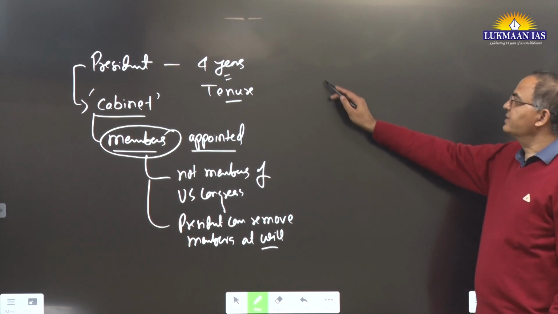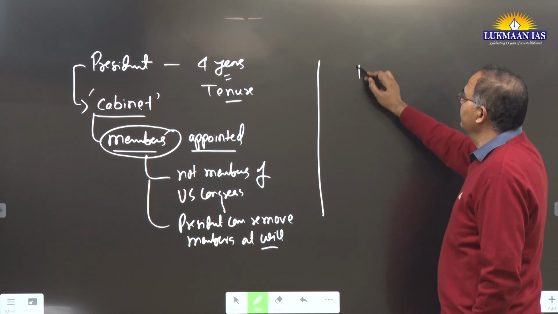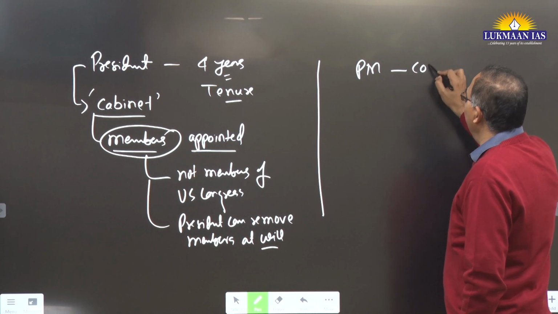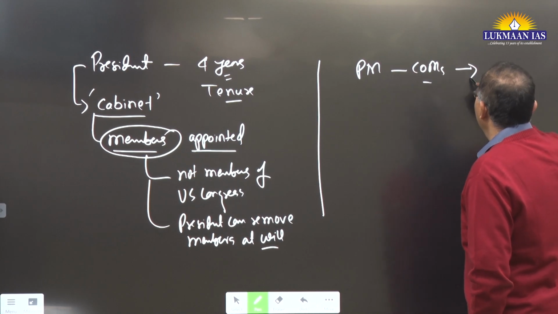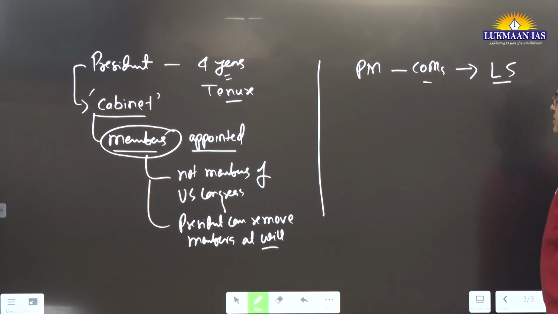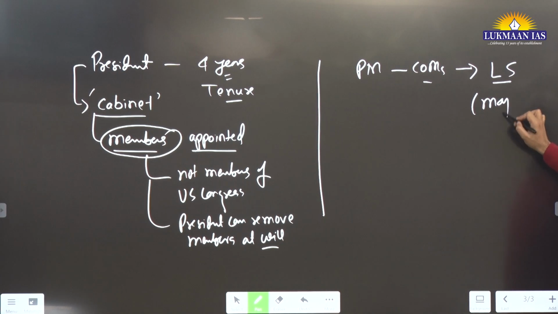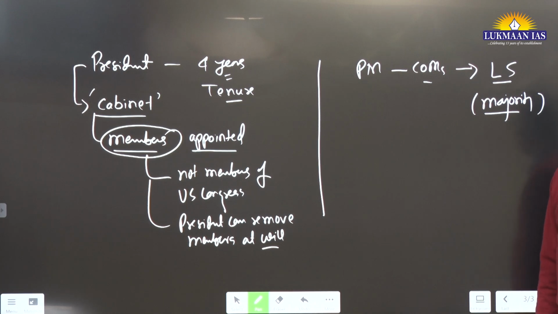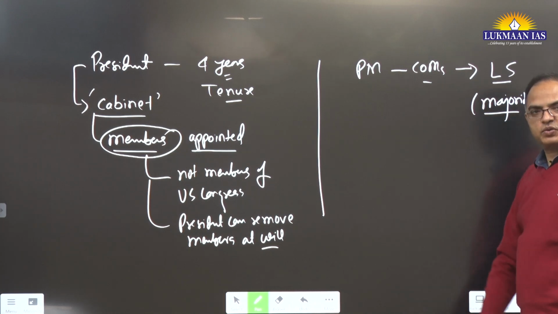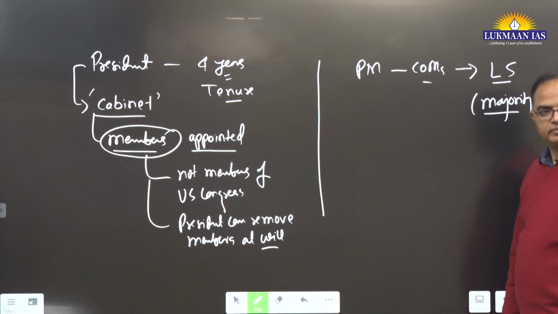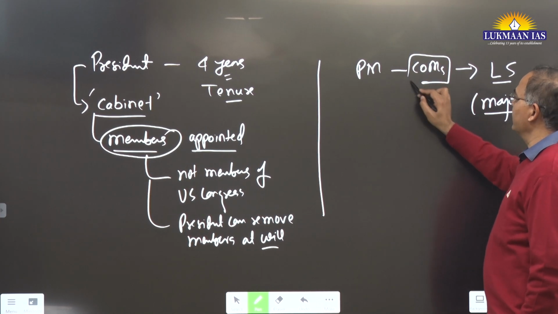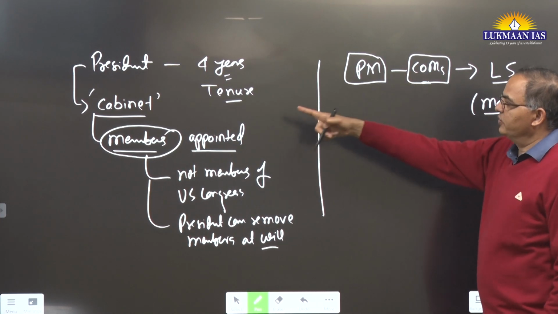But what happens in the Indian case? We have the PM and then the council of ministers, and they should belong to the Lok Sabha. Why? Because whoever has the majority in the Lok Sabha will form the government. The party which has a majority in the Lok Sabha will form the government. Largely, the council of ministers will belong to the Lok Sabha. So when the council of ministers belongs to the Lok Sabha, the PM is the head. So what happens?